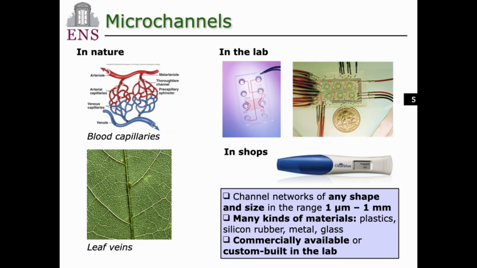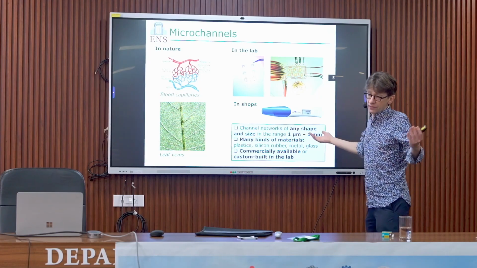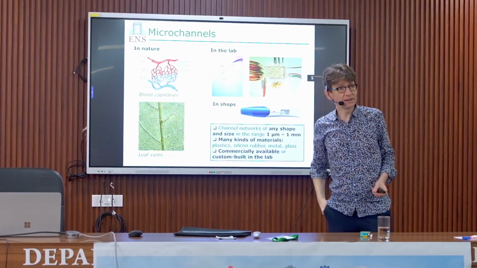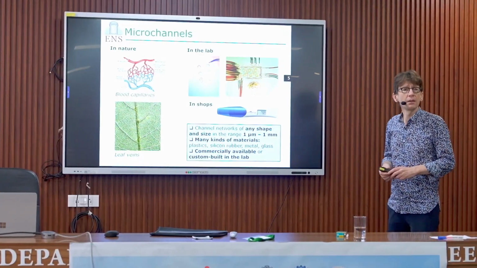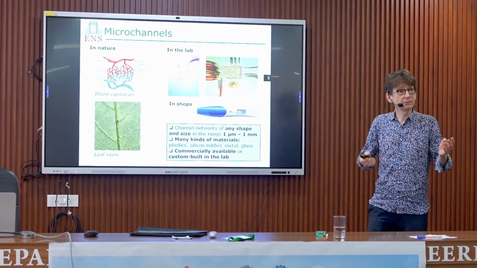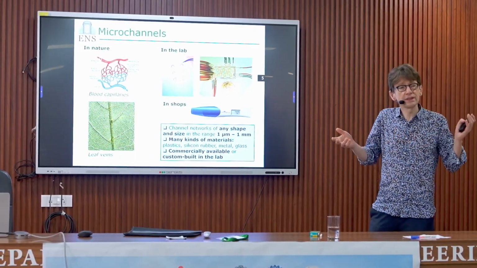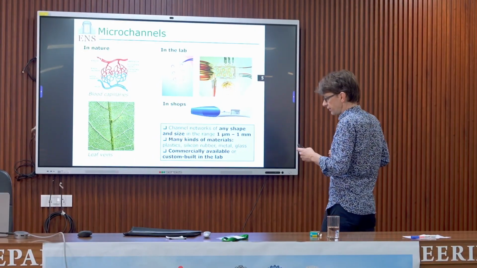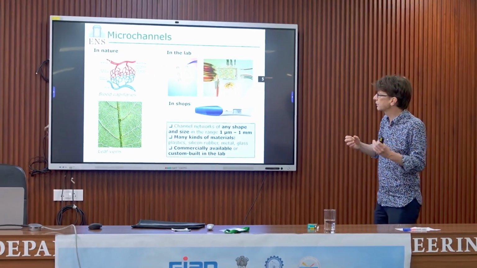Either you flow liquids in something, so through microchannels. These microchannels exist in nature. We have blood capillaries, we have lymph veins. You also have microfluidics you can build in your lab, and you can even buy in a shop. There are many already existing microfluidic devices where you have a small amount of liquid that is controlled. This is an example of a pregnancy test, for example, where you just put a piece of liquid and